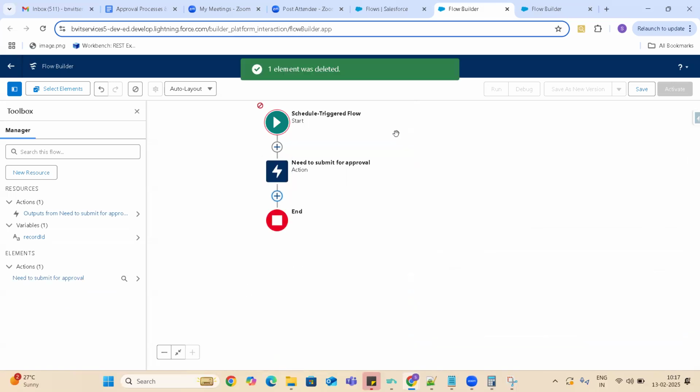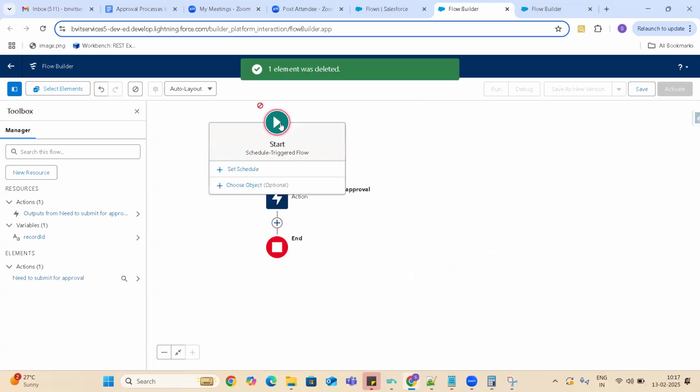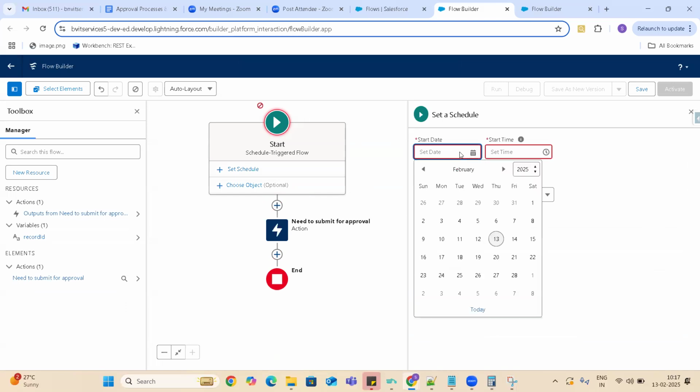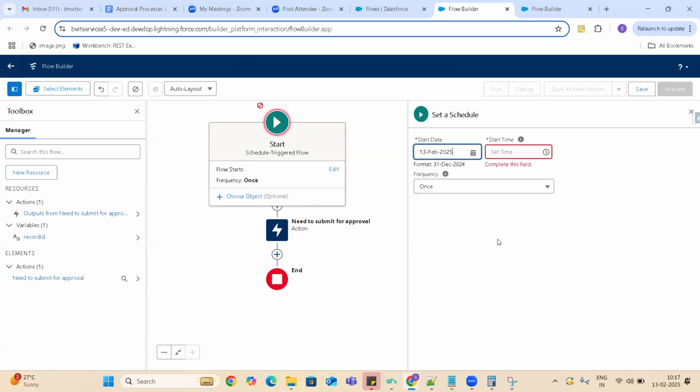I'm deleting the element. But this is something I can schedule. Set a schedule. Okay. So I want to submit this record today, like I want to submit it at 6 p.m. in the evening.